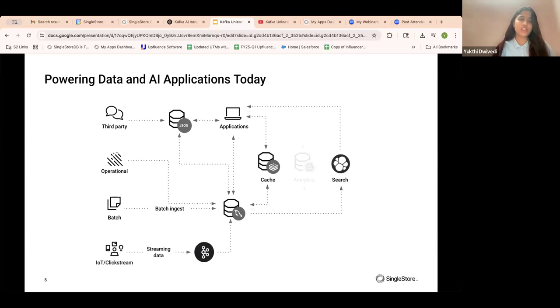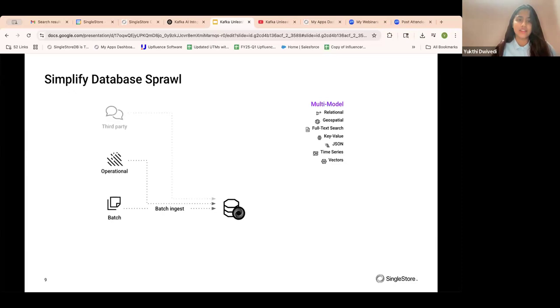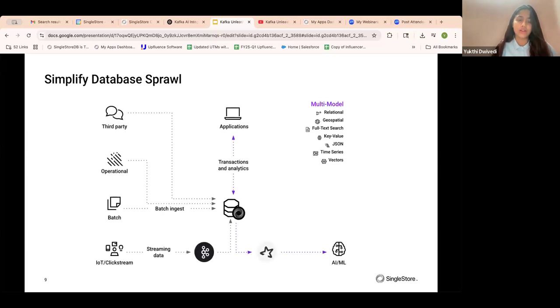This is again a visualization of how SingleStore can power data and AI applications today. We support batch ingest and analytics on that in real time. We also support Spark. In today's webinar, you can create a little pipeline to implement it on a dashboard.